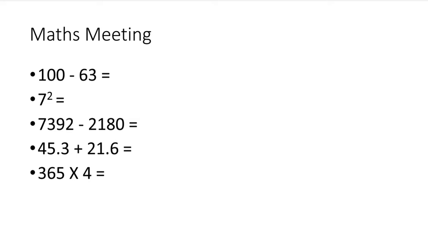We've got 100 minus 63, 7 squared. Don't forget the small 2 above there means squared, and to calculate that we need to do 7 times 7. So we times 7 by itself twice. Then we've got